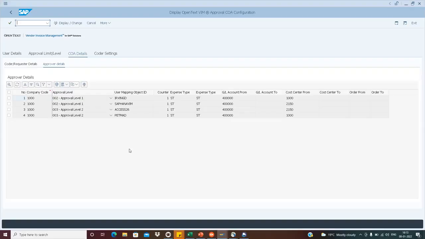In the approval details, if you see, what are the details I am entering? Obviously, everything is company code specific, then the approval levels, then the user IDs, then the expense type and the GL account and cost center, whatever we want. If there's a requirement that irrespective of what GL account or cost center is being entered, the workflow should be triggered to approval level 1,